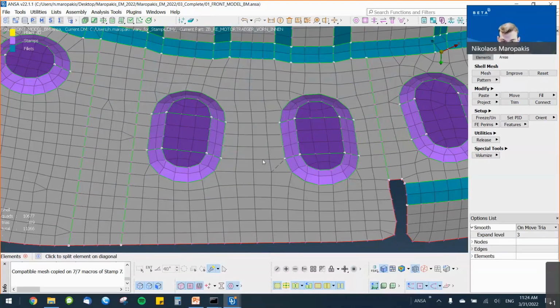We removed triangles. We fixed the mesh of stamps. We have the similar mesh here. And all this, we did it simply by keeping the mouse in the middle of the screen. With the mouse, we kept our focus in the middle of the screen. We didn't have to travel excessively to the side of our screen. And we fixed this area. We improved the mesh of this area very easily. That was all about the mesh.